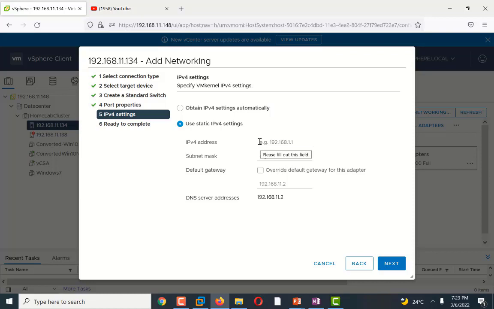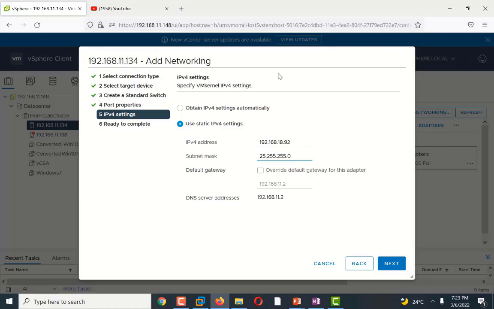I will type 192.168.18.92, and I give the subnet mask of a class C address. Oops, there is a mistake, because in the first octet I forgot to write 255.